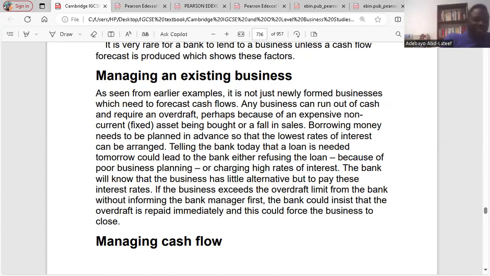For an existing business, it's also important for you to manage your cash flow. And how do you manage your cash flow? By making a cash forecast. If not, it might be difficult for you to get